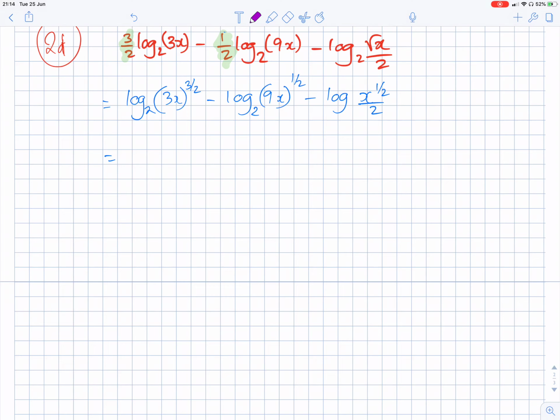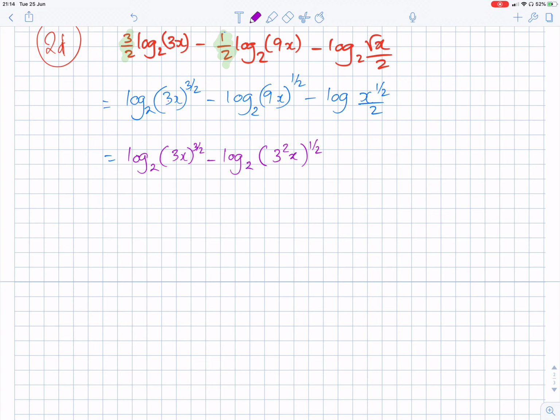So this here can be simplified because we've got a 3 here. Okay, we're going to do something. We're going to say log of 3x to the power 3 over 2, and then we're going to put the base 2 here. And this 9 is the same as 3 squared, so we're going to have log base 2 of 3 squared x to the power half,